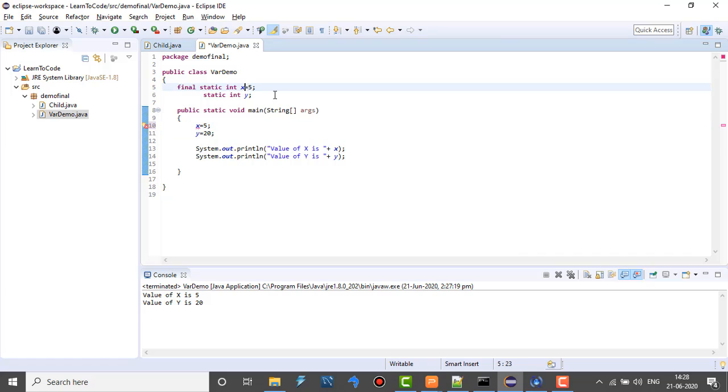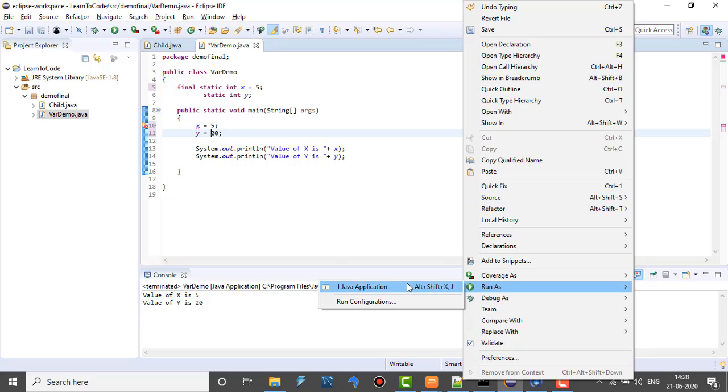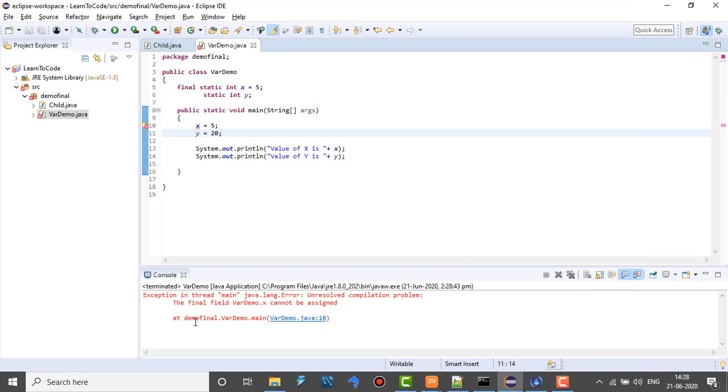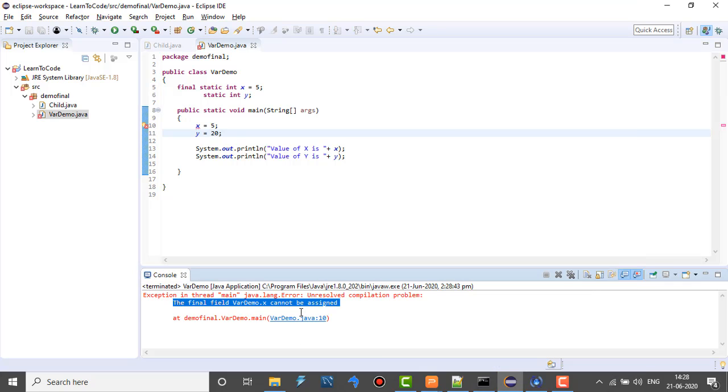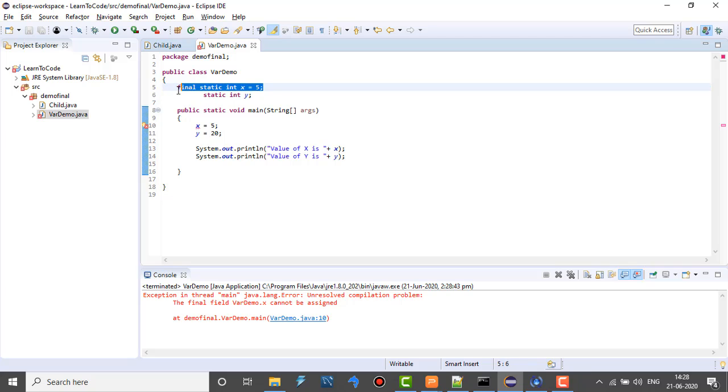Some people might say, let the value be the same and let's see what happens. So again we get the error, the final field VarDemo.x cannot be assigned, which means that once you have assigned a value to a final variable, even if you are trying to assign the same value again, it won't accept and it will give you a compile time error.